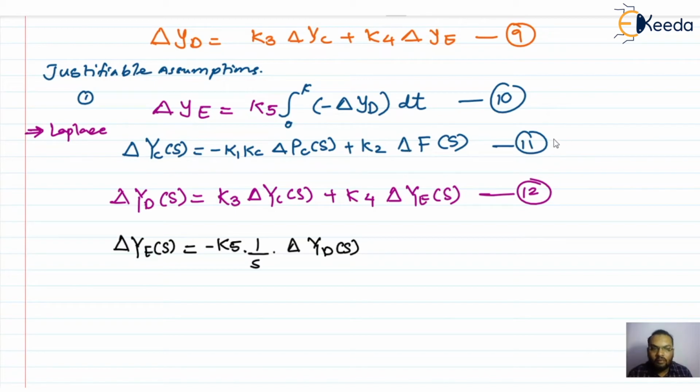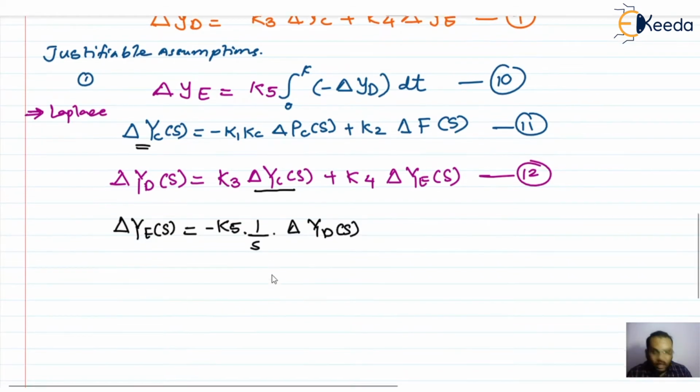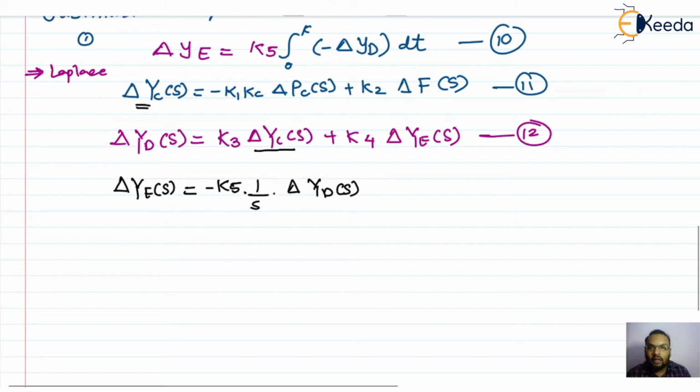First, with the help of equation number 11 and 12, see, in equation number 12 this term is there, ΔYc(s), and it is nothing but equal to equation number 11. So I'll put that equation here, so that ΔYc(s) term will be eliminated, and we get ΔYd(s). If I put this ΔYd(s) in this equation, that ΔYd(s) will get eliminated here. Okay, if you do that, at the end you will get this equation,